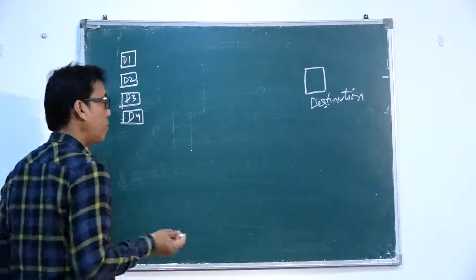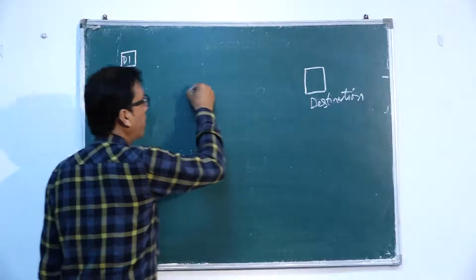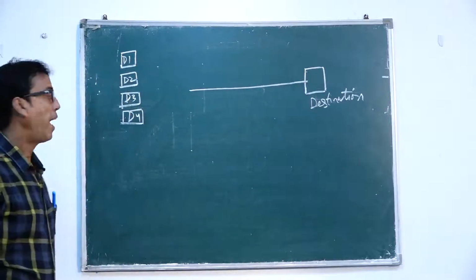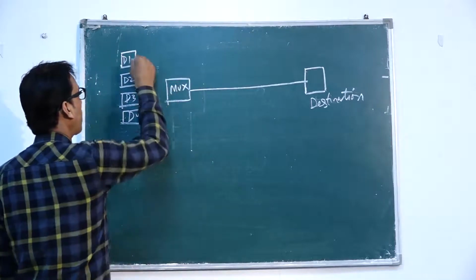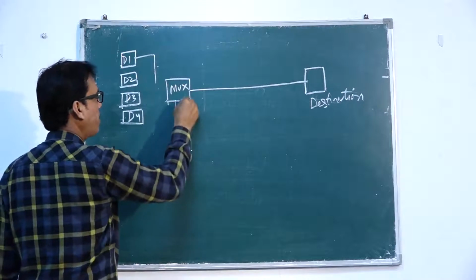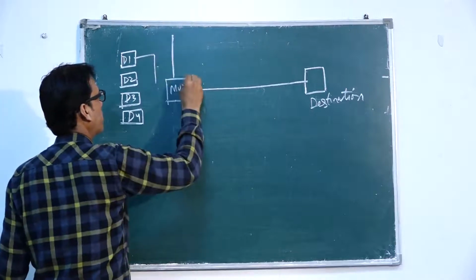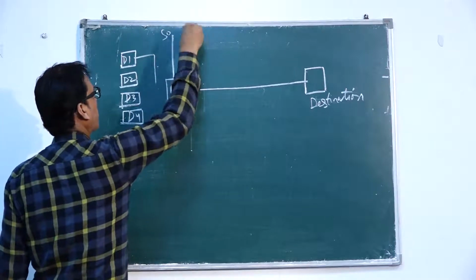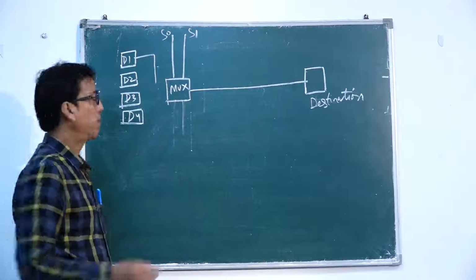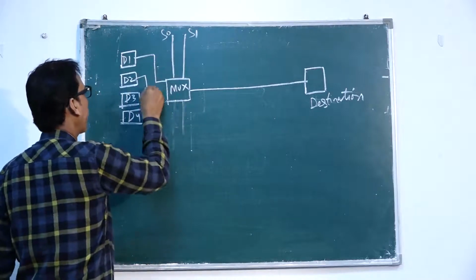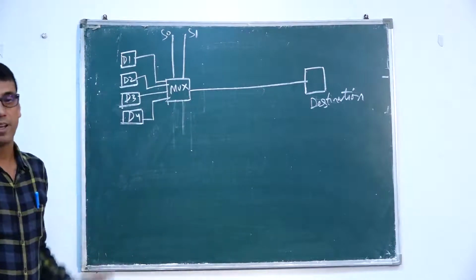Multiplexer helps the designer of the computer to get this work done by a single data line and use a mux here. This is mux. Mux has 2 selector lines. We may draw selector lines anywhere. We may draw here also. So suppose this is selector 0, selector 1. And if multiplexer has 2 selector lines, that means 4 device input lines. Connect first device with this, second device with this, third with this, and fourth with this. This is the use of multiplexer.